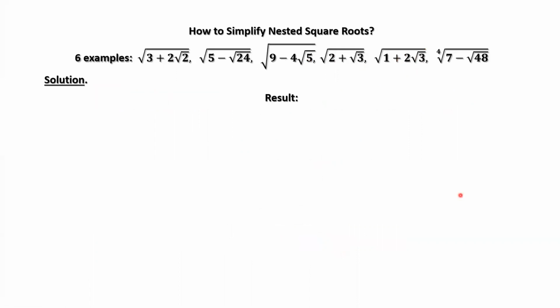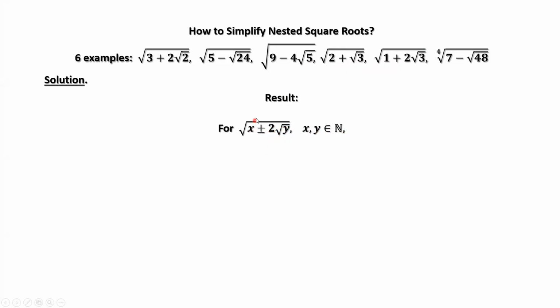Here is the result. For given nested square roots in this kind of format, x plus minus 2 square root of y. Both x and y are natural numbers. That means x and y are positive integers. Pay attention here. X, here plus minus, here's 2 only. Square root of y.